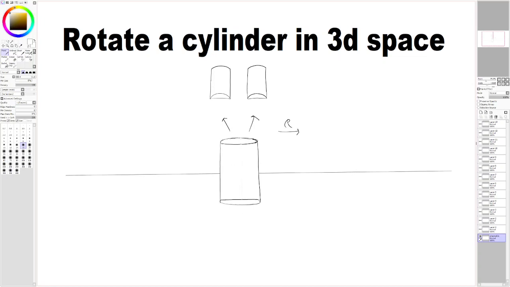I'm going to erase that because I feel like I hit that point enough. And I'm going to show you how to show the series of ellipses that make up the curvature of our cylinder. Again, I'm going to do it on a new layer. So as we know,